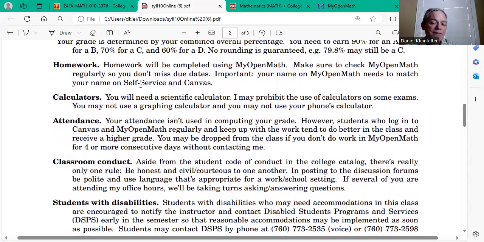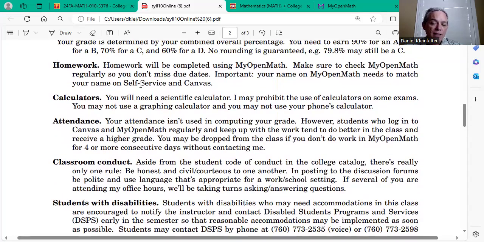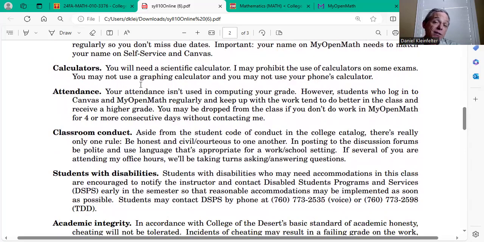You're going to need a scientific calculator. You may not use calculators on certain exams, and you can't use a graphing calculator or your phone's calculator. Okay, your attendance isn't used in computing your grade. By attendance in an online class, I mean logging into Canvas, logging into My Open Math and doing work. Students who do those things tend to do better in class, but the actual attendance doesn't count for or against